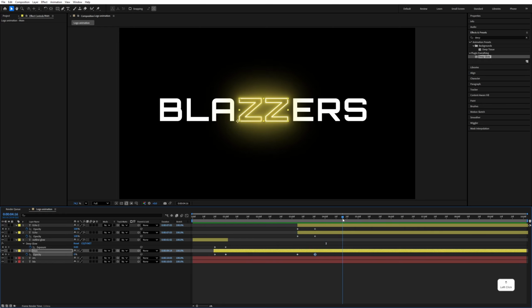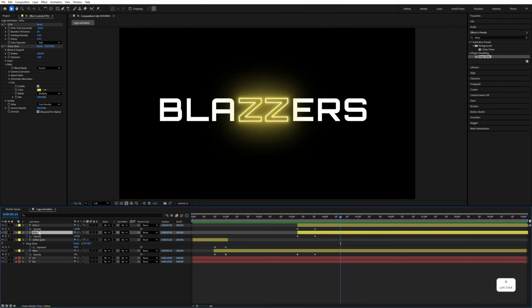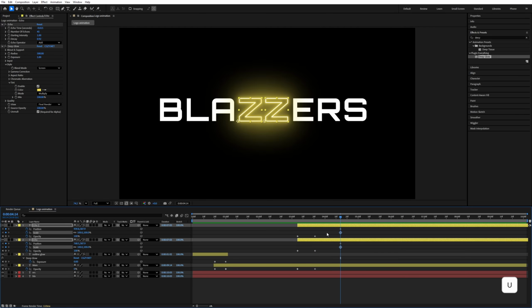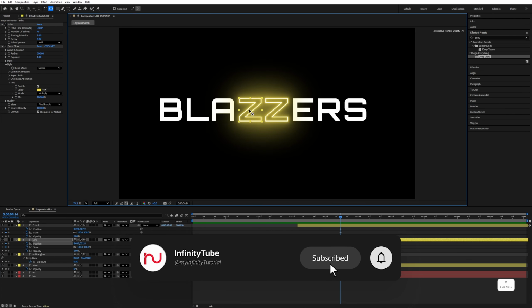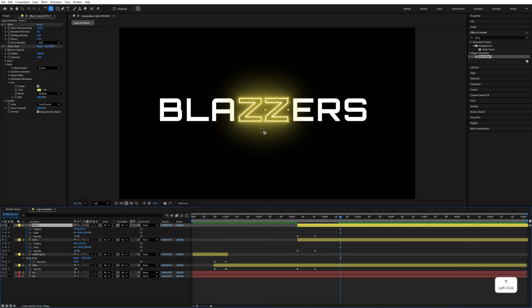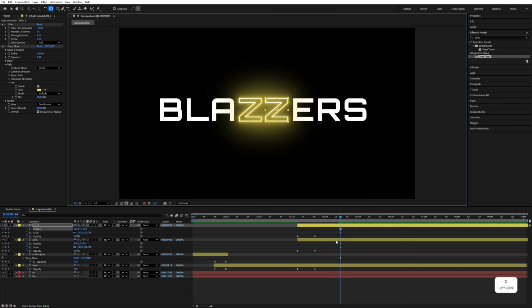After that, go a few seconds forward again and select both of these echo layers and press P, add the position keyframe and press S to add the scale keyframe, and press U to see both of these keyframes, and make sure the anchor point is in the center. So select this one and move it to the center, and this one also to the center, and go a few